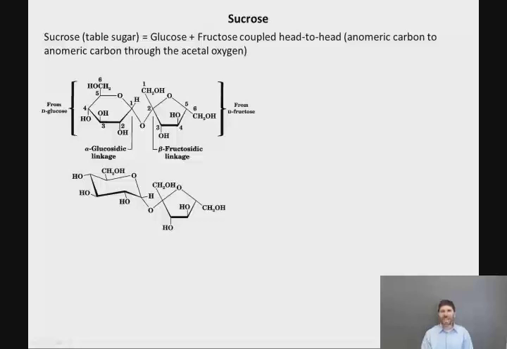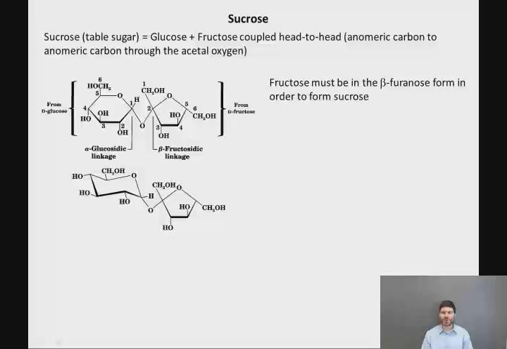Sucrose, of course, is table sugar, and it consists of a molecule of glucose and a molecule of fructose. But in this case, instead of the two monosaccharides being coupled head to tail, they're actually coupled head to head. And what I mean by that is anomeric carbon to anomeric carbon through the acetal oxygen. So the anomeric carbon in the case of the fructose, which is on the right side, is C2 because